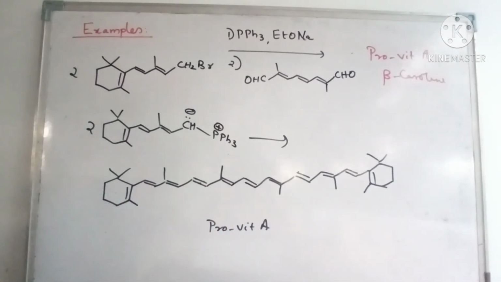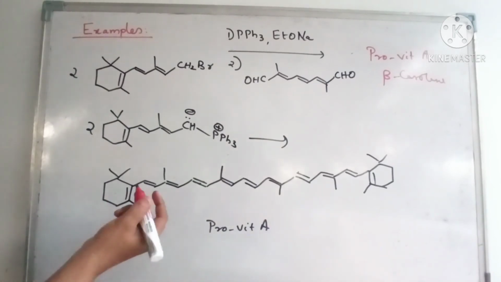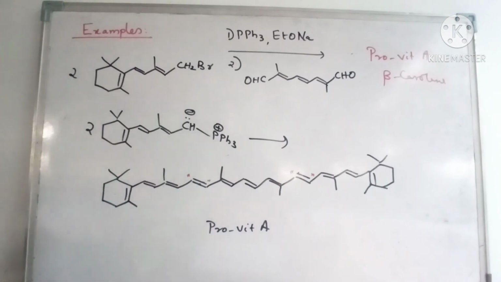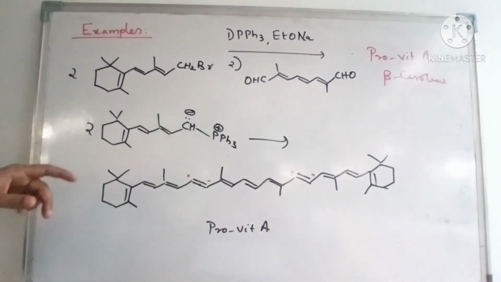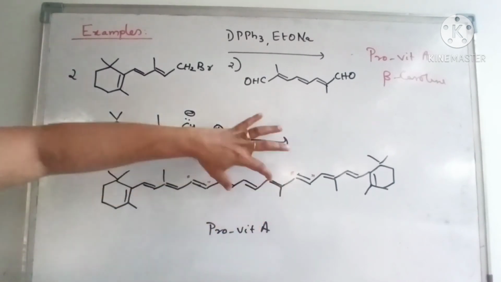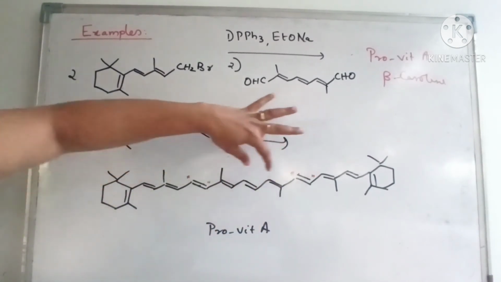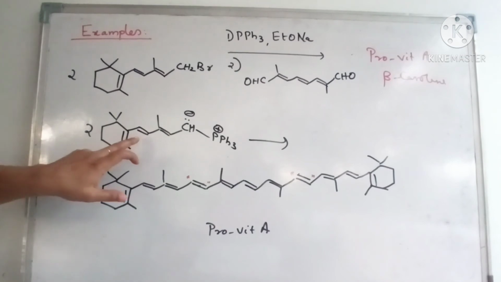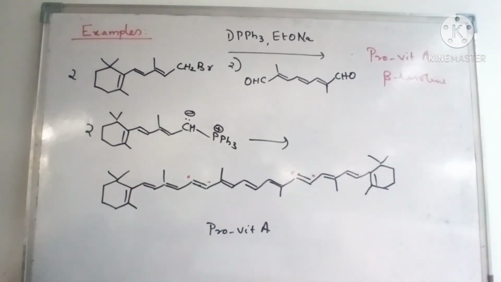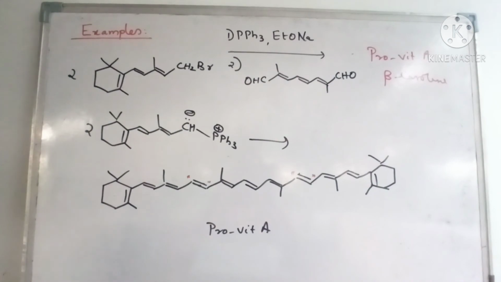So you have to see where the new alkenes are formed, here as well as here. See here: 1, 2, 3, and 1, 2, 3 are already present over here. This is the newly formed one. In this substrate there are 1, 2, and 1, 2. So everything is fine. It is very easy to write if you know the chemistry of this reaction. So thank you for watching this video. This is all about phosphorus halides.